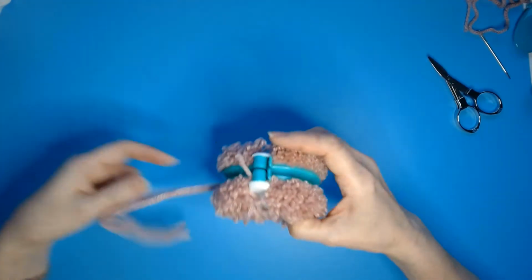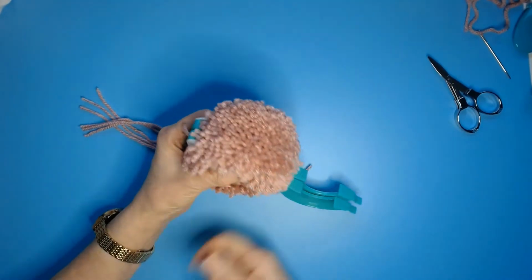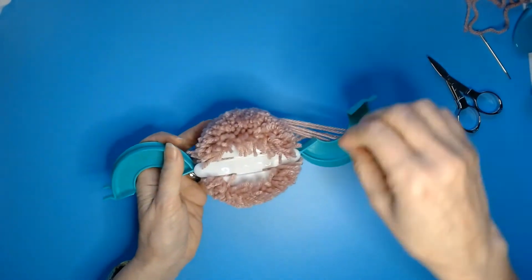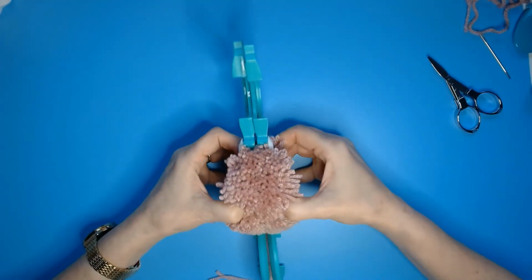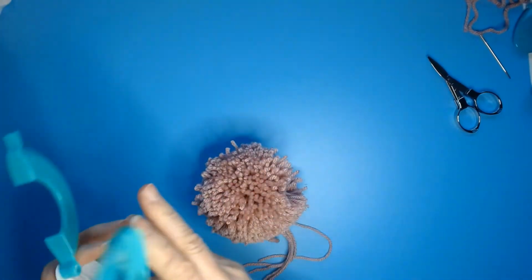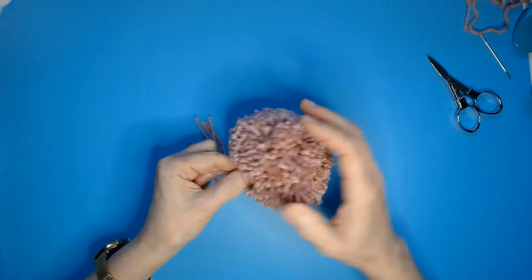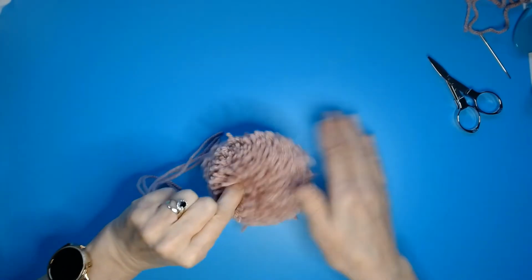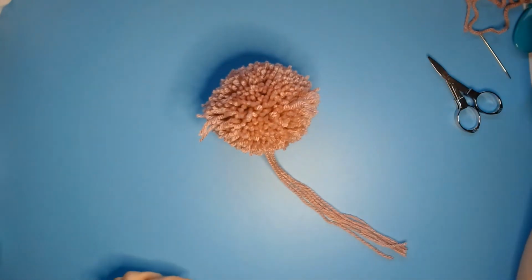So now we're going to pull this out. That's half of your pom-pom. Pull this out for your other half, and then there's 2 right sides. If you get a grip of both sides, pull it out, and this is your pom-pom. Okay, just give it a little fluff out like that, and then we're going to start trimming,